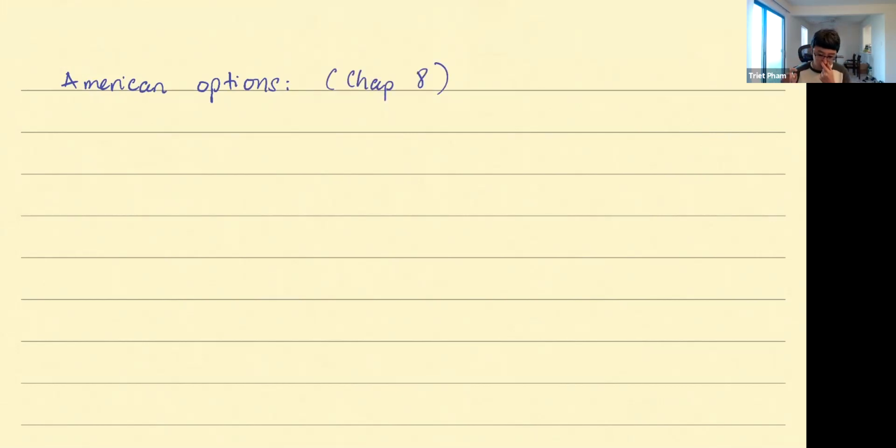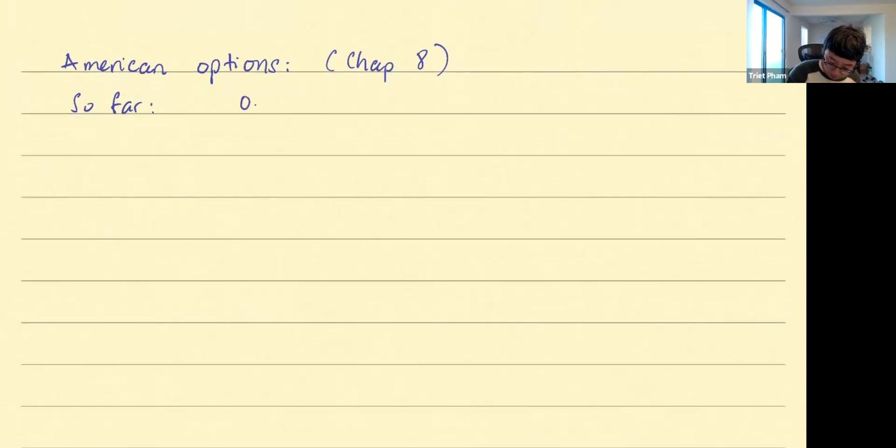All right, so far, let's just review what we have been doing. If you take a more macro point of view about option pricing, or what we've been doing in math finance, in terms of option pricing,